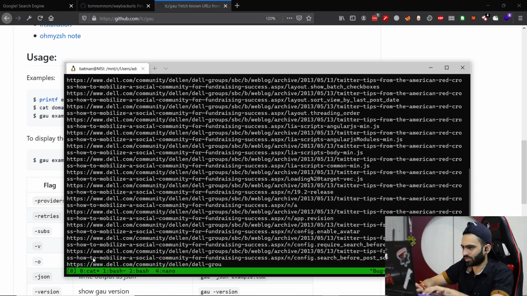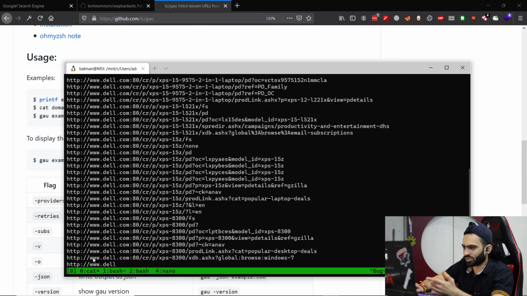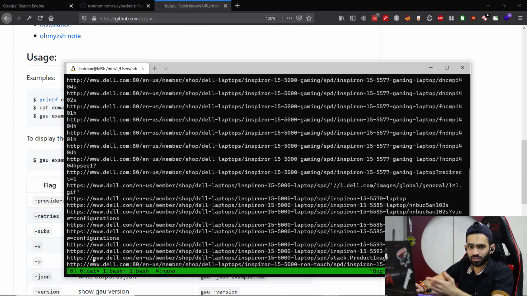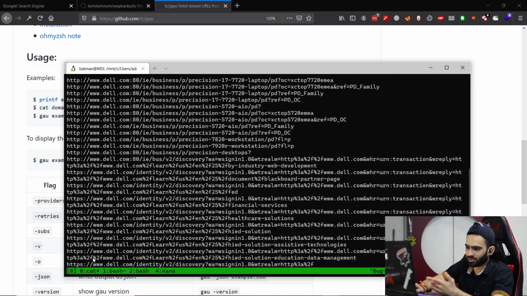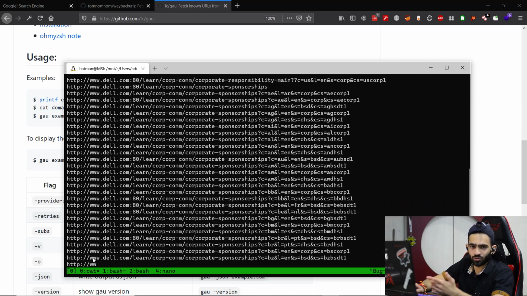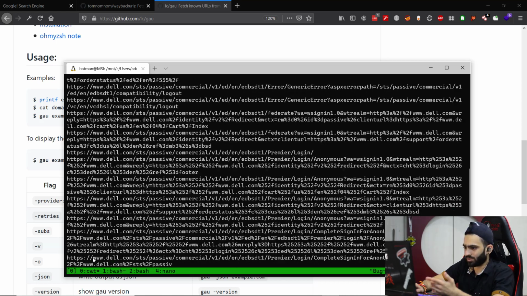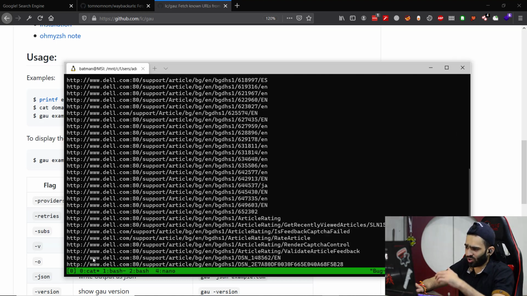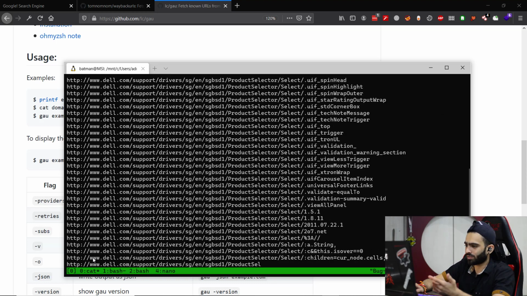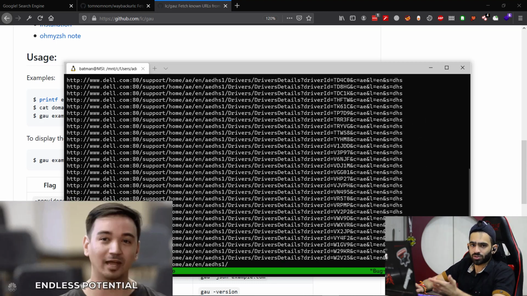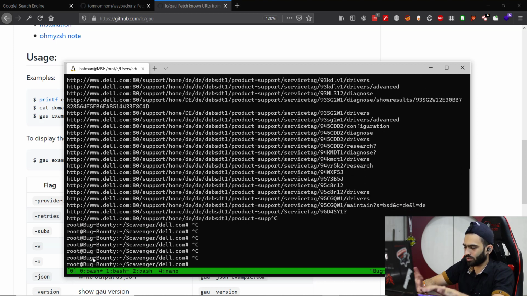Okay, so it does work, and as you can see, any URL whichever appeared and was public, or someone tried to access it publicly, is logged, and we get that URL, and we can try to find any vulnerable parameter, or we can try to find any vulnerable endpoint, or if there's some endpoint which works by the ID of the user, we can try IDORs. Endless possibilities. That's the thing. Okay, stop.